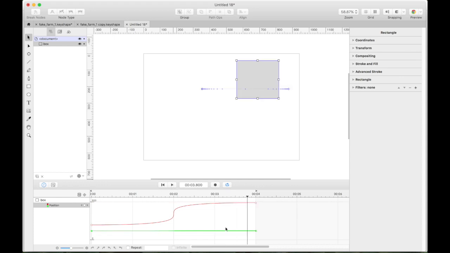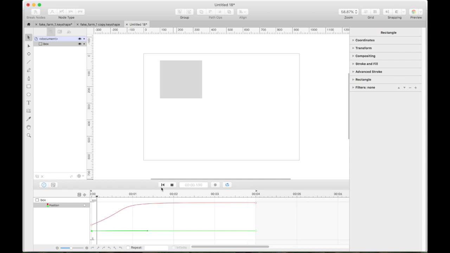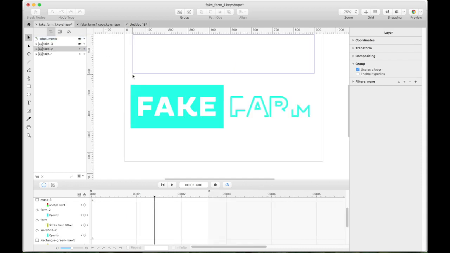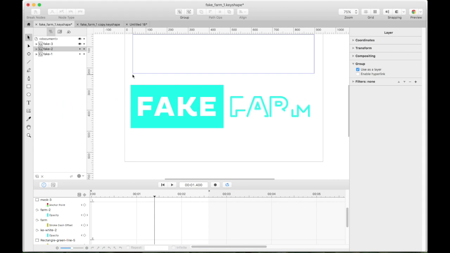Now again, I don't really know what this green line does, and then I kind of just fool around with it, and it looks like it messes with timing at some level, but I'm less than 12 hours new on this product. So this is the timing. We're going to come back to this in a second, but our goal is to create something like this. So we're going to work our way toward that.